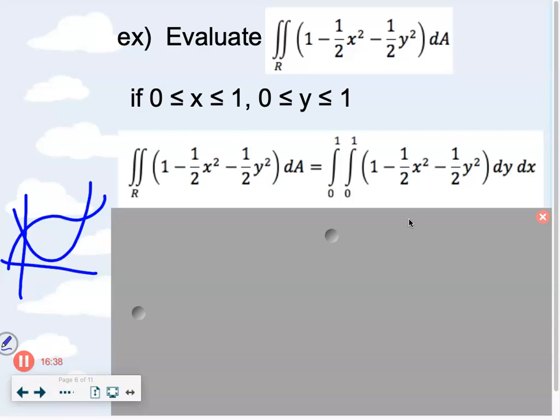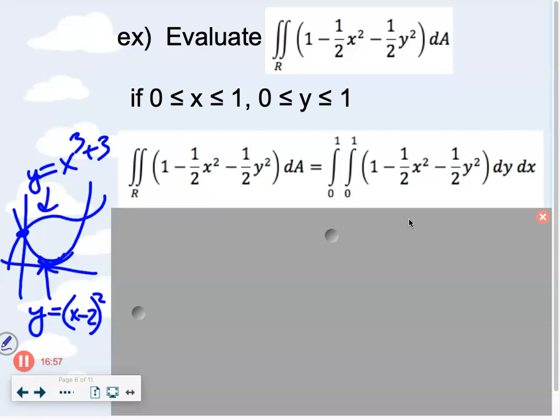So, make up some function. Let's pretend this is x cubed plus 3, and let's say this is y equals (x minus 2) squared, and pretend that it touches. Okay, so you've got some set of functions, and then whatever your x values are for wherever you want to start and stop, whether or not they intersect there. So the functions are already solved for y,